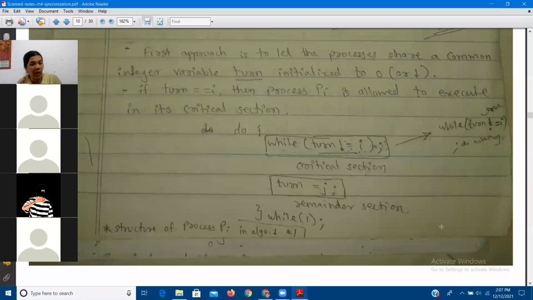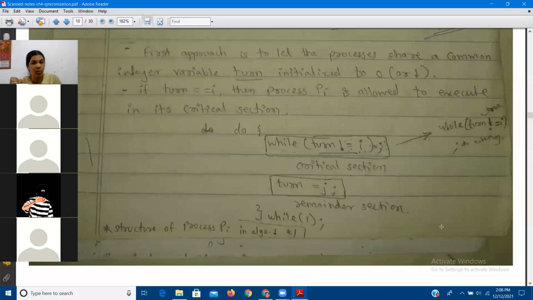अँड इफ द कंडिशन इज फॉल्स, if the condition is false, while मध्ये जी कंडिशन दिली आहे while च्या ब्रॅकेट मध्ये ती जर false असेल, so what it says, you can enter in the critical section. So this is assumed that, so if I's turn is not there, so I should not enter in the critical section. If the I's turn will be there, so I will be able to enter in the critical section. I चा टर्न नसेल तर कोण असणार आहे क्रिटिकल सेक्शन मध्ये? J असणार आहे. आणि J चा टर्न नसेल तर क्रिटिकल सेक्शन मध्ये कोण असणार आहे? I असणार आहे.